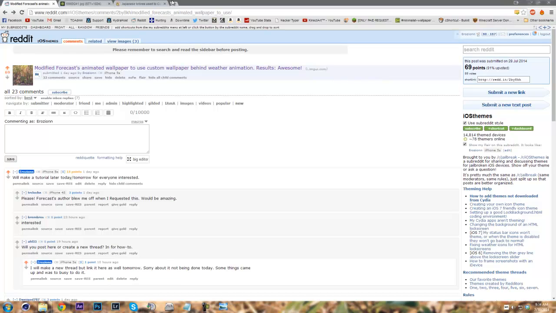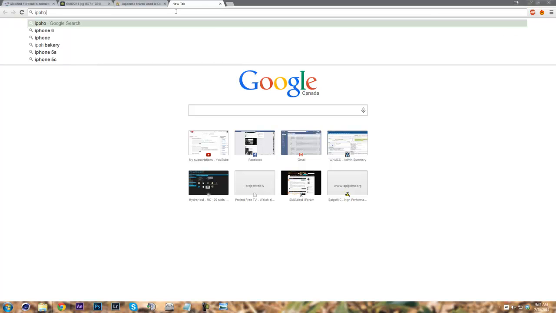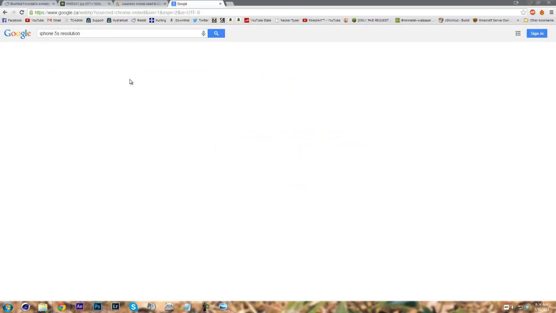So depending on what phone you have, you're going to want to search what resolution your screen is to create the image so it fits your screen perfectly. So for example, I have the iPhone 5s, so I'm going to do iPhone 5s resolution. So if it could load,